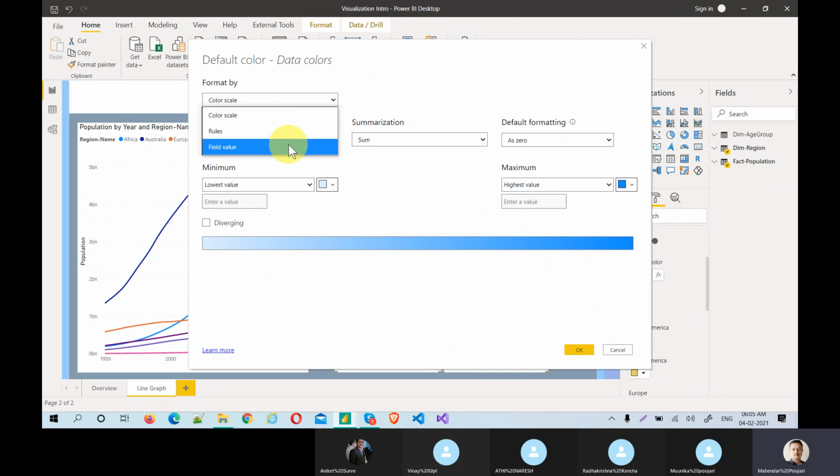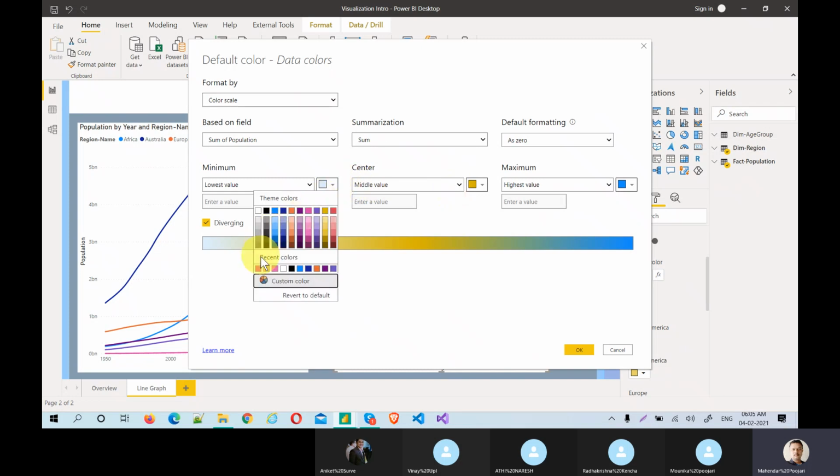field value. So I'm just going with the color scale, and we can also apply this divergent look, like how that is changing over time, how the values go from high to low. You can change the colors just by choosing one of the colors, like let's say orange, light orange to thick orange.